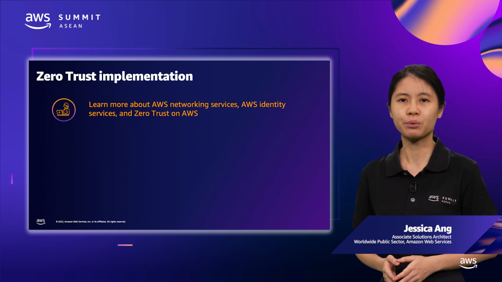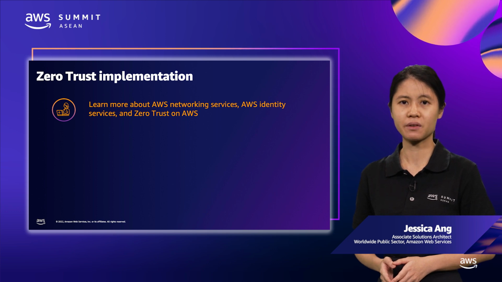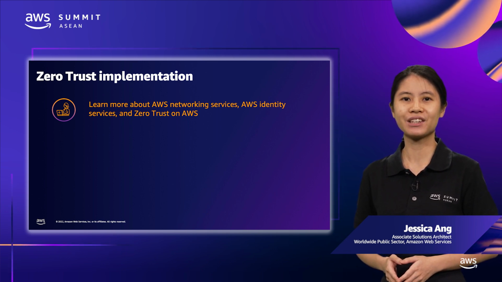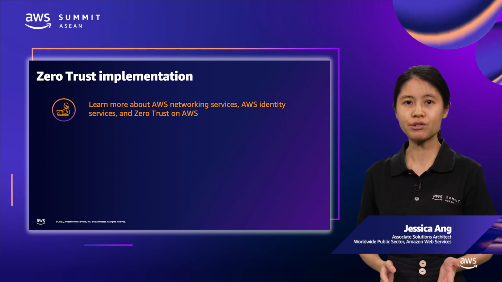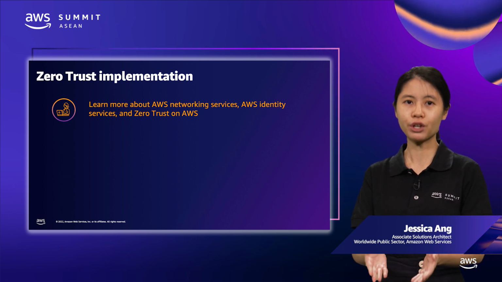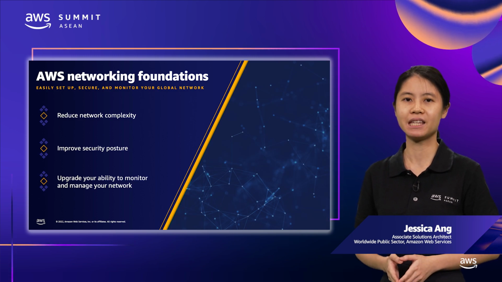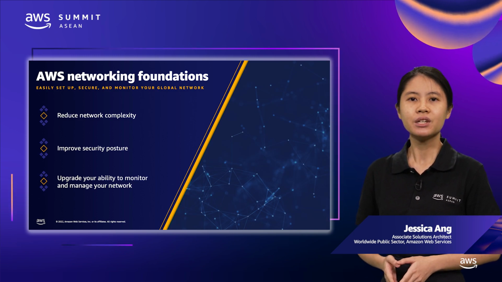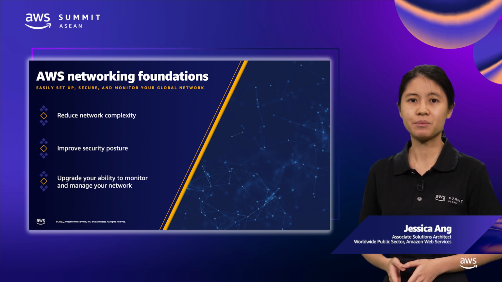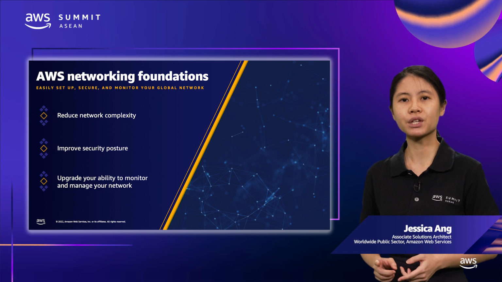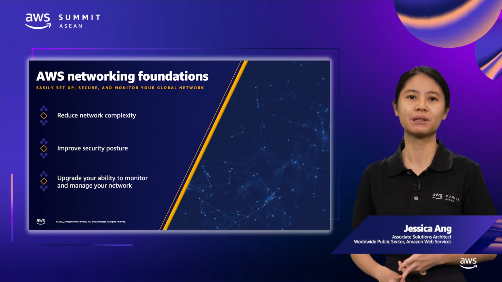Understanding Zero Trust starts with learning more about AWS networking services and AWS identity services, so you can evaluate the appropriate combination of network controls and identity controls for your workload. A strong network setup is the foundation of any AWS environment. Use the networking services on AWS to reduce your network complexity, improve security posture, and upgrade your ability to monitor